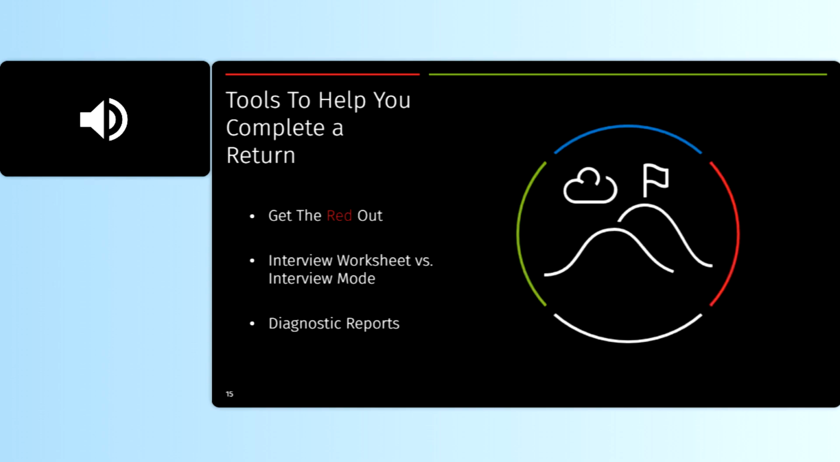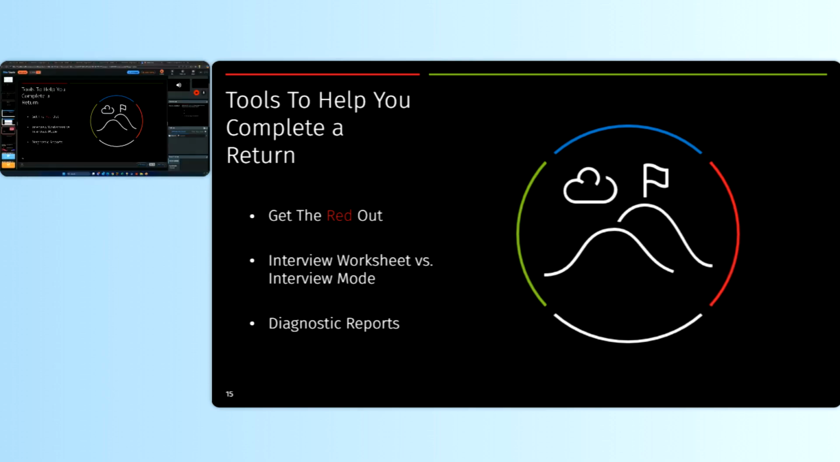So I want to talk about TaxWise in particular and tools to help you complete a return. Now, really the two big ones here are to get the red out and the diagnostic reports. Now, diagnostic reports, if you have a tax software that's anyway decent, will have a diagnostic report, right? If you're using a tax software that does not have a diagnostic report, I would seriously think about switching to some other tax software. But more or less, as I go through and prepare the return, once I get to the end of the return,